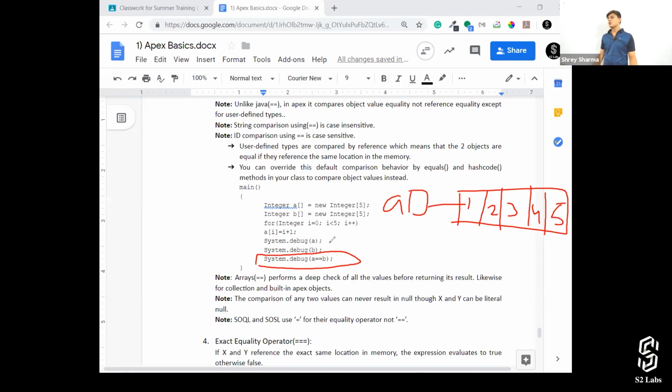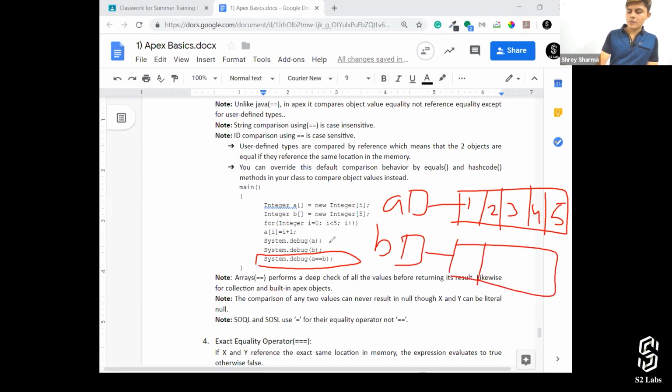List. So that's also one of the reasons. But in Apex, double equals to performs a deep check. It compares each and every value. Even if b had 1, 2, 3, and 4, then also if we would have compared it, it would have said false. Only if all the values have the same sequence and the values are also the same in two lists, then only it will return a true value when we check it with the help of the double equals to operator. I hope it is clear.